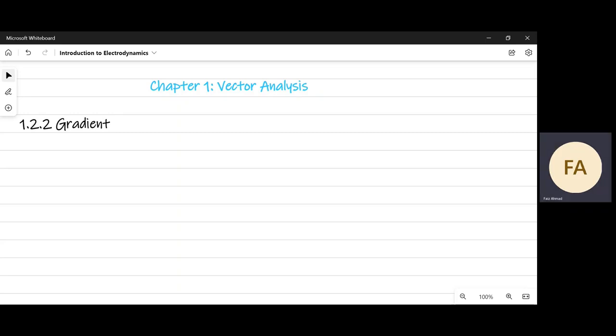In the last lecture we discussed the ordinary derivative, when we have only one variable in a function. Now let's suppose we have two or more variables, like a temperature field inside a room, which has three variables. If we go from one point to another in three-dimensional space, we can model the temperature field